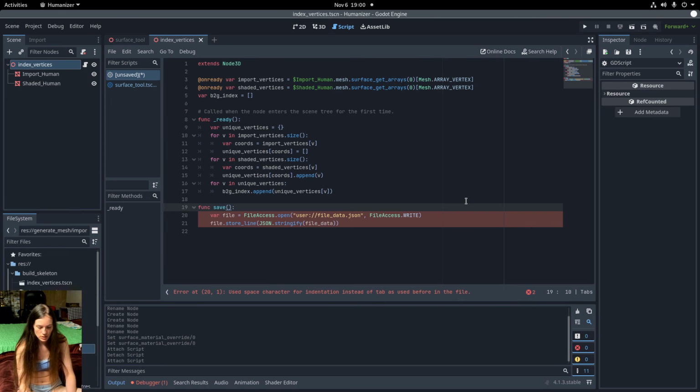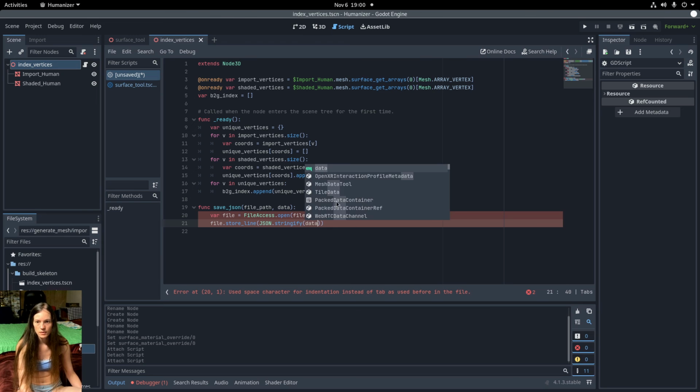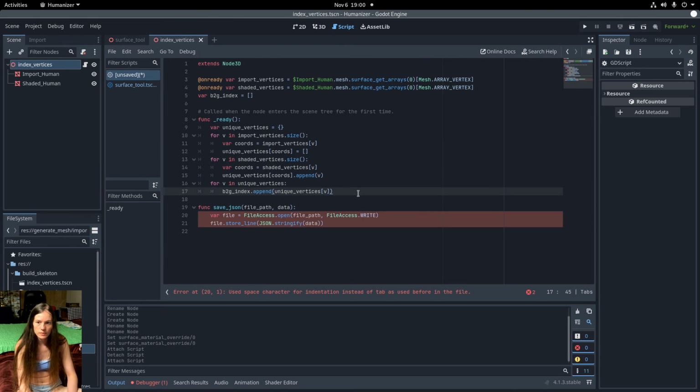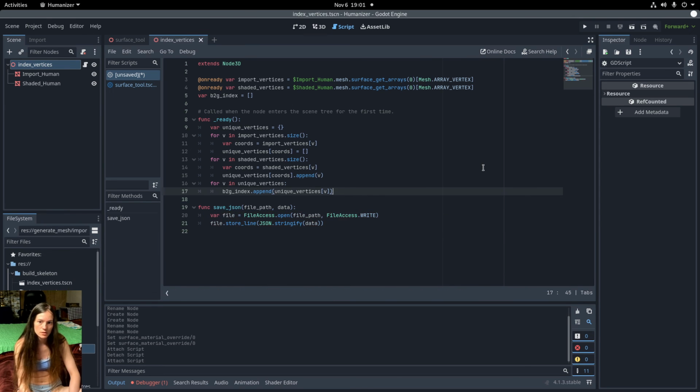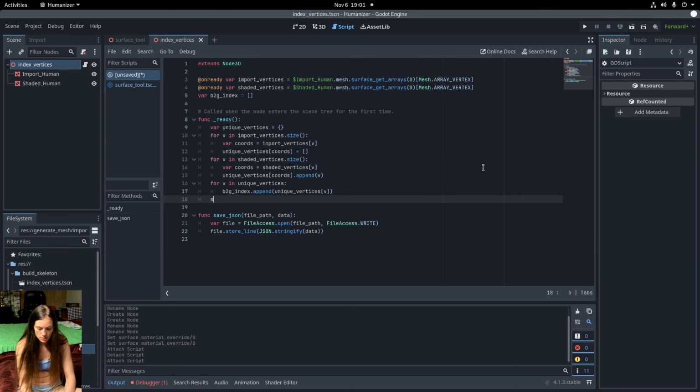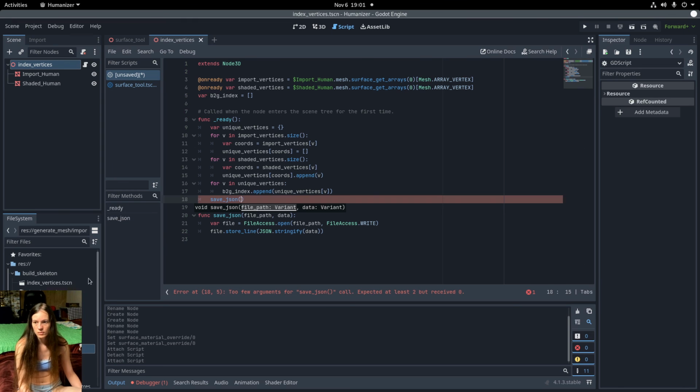So I'll change this to save JSON, take a file path and some data, set the string to file path, and now I can fix the indentations and call the save JSON with